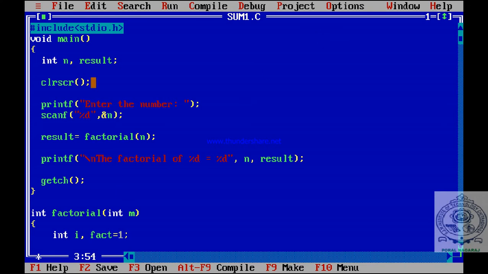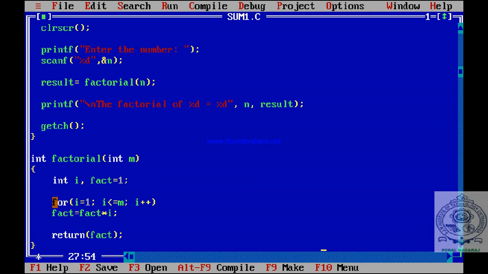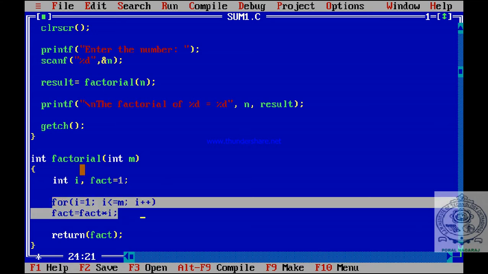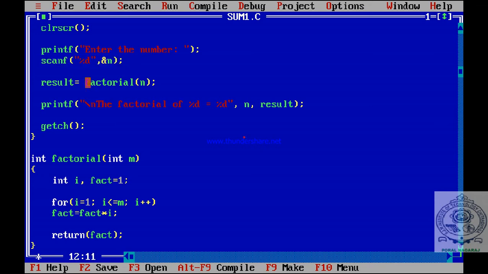So remember here, same logic, the main logic that was there, I just shifted it to the function. I defined the function, and I have given the name factorial to the function because fact already is used. So factorial, and return fact. What is the fact? Data type integer, so return type is integer here. Here I am calling the function. Once you read value of n, I have to call the function. So result equals factorial of n, name of the function is factorial. N value you send it.